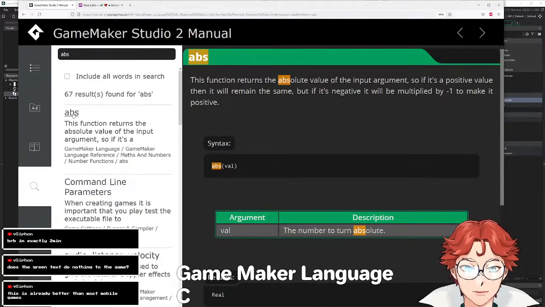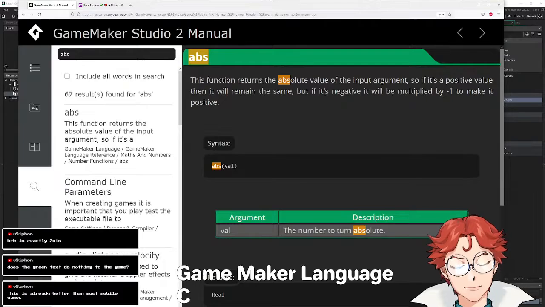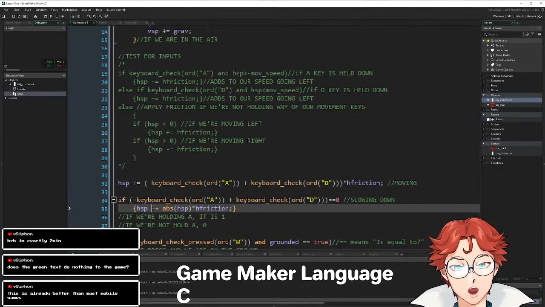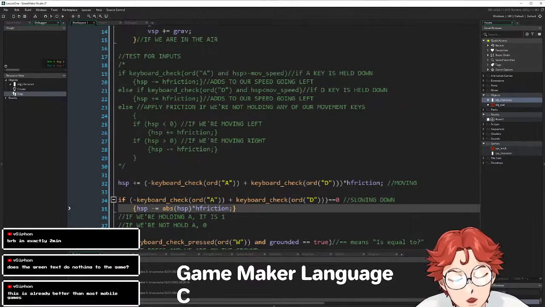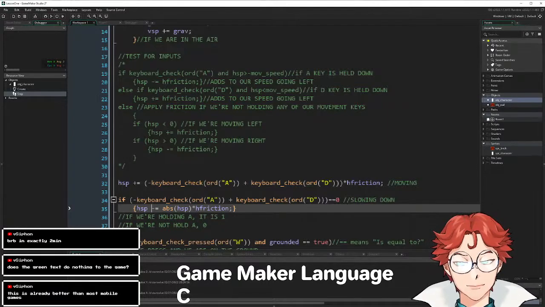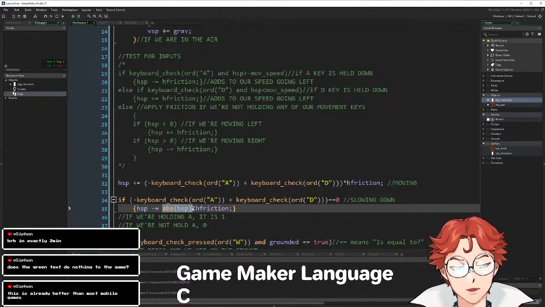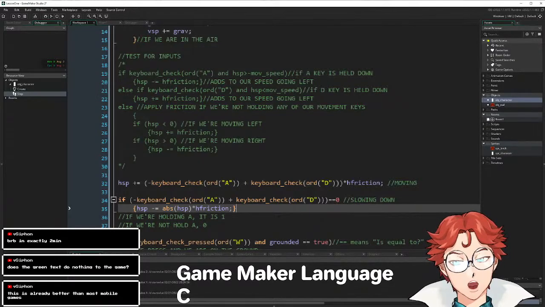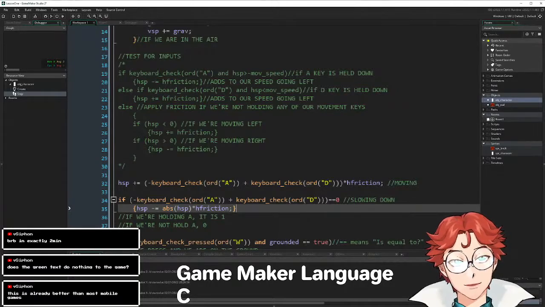This function returns the absolute value of the input argument, so if it's a positive value, then it will remain the same. But if it's negative, it will be multiplied by -1 to make it positive. And then we have the minus before it. So essentially what this does is, if our horizontal speed is positive, it subtracts our positive speed multiplied by our h friction. And essentially, if we are moving right, then it just subtracts our friction from it. If we are moving left,